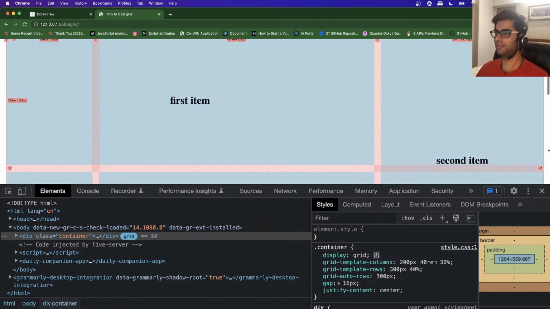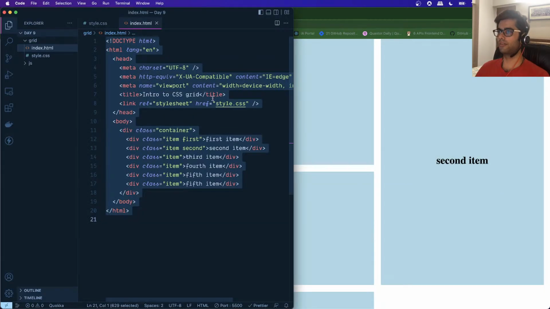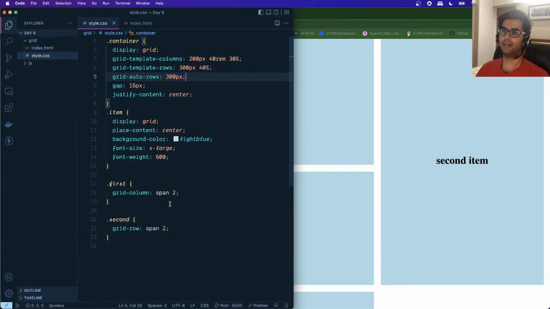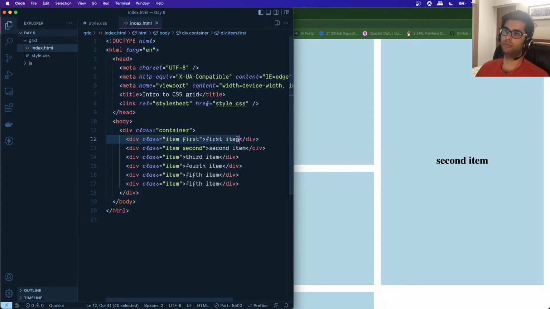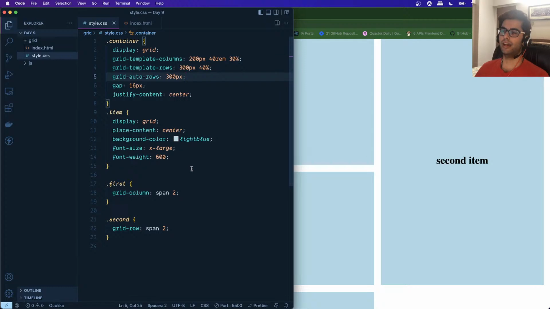So far we have seen how to create areas, or spread these, basically define how much space this particular element would take up. So now let's see how we can create named grid areas, and tell each item which particular area it needs to occupy. Okay, so